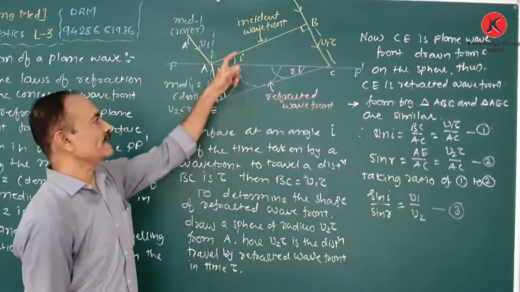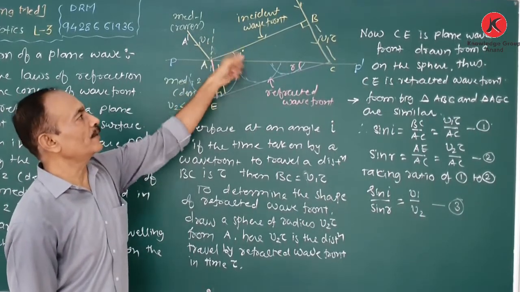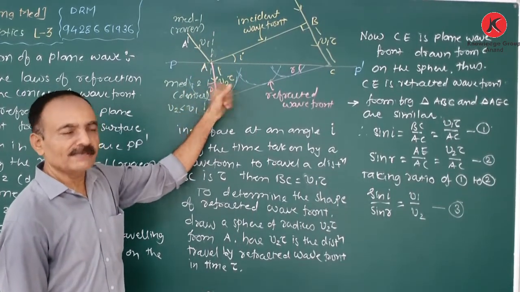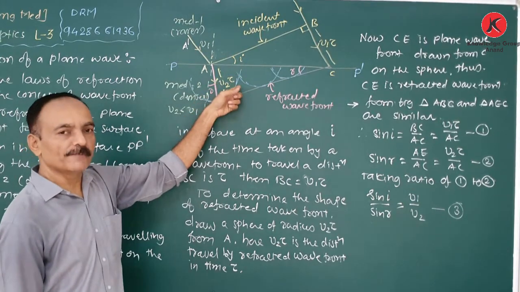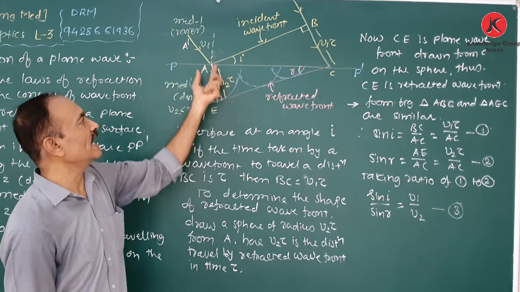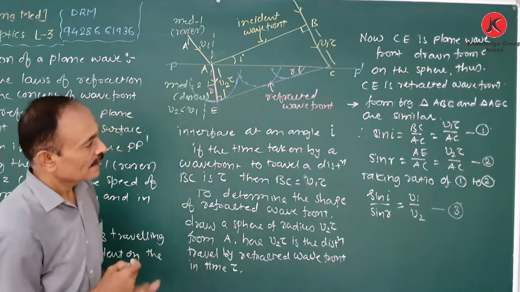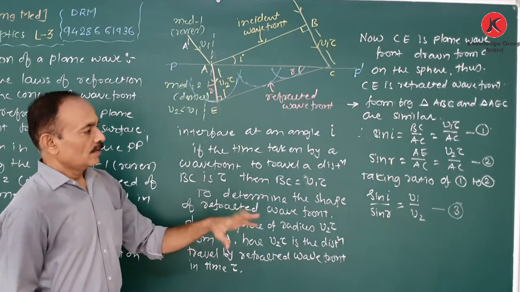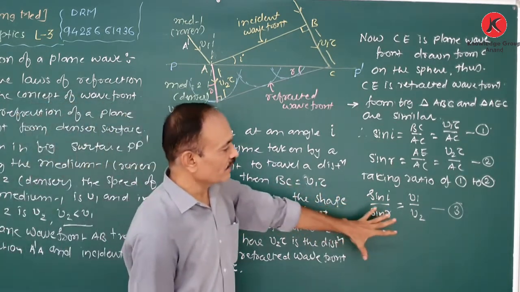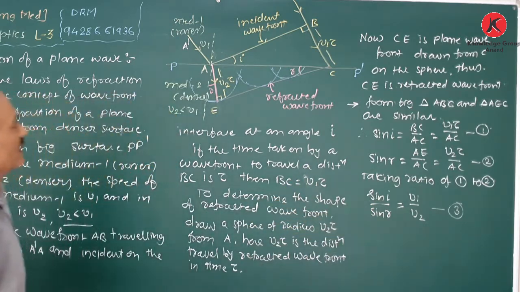Therefore, when the plane wave is traveling from the rare to the denser medium, the refracted wave front bends towards the normal. Therefore, R is less than I. Using this concept we also derive Snell's law. Clear? Okay. Now in this question,